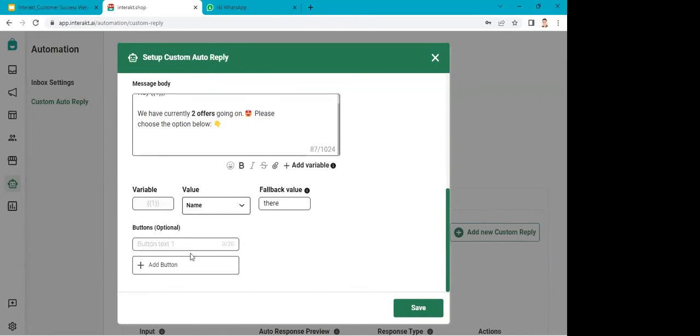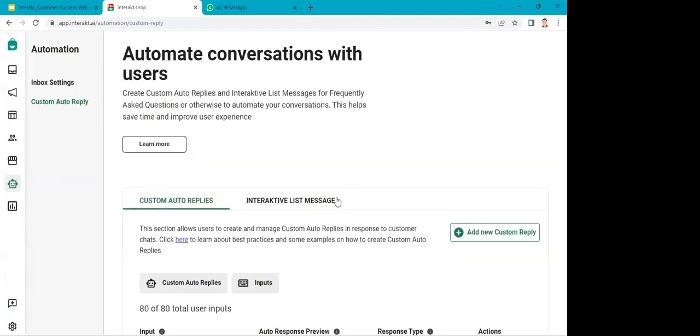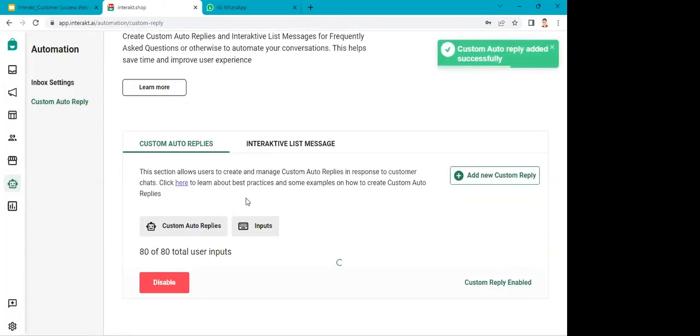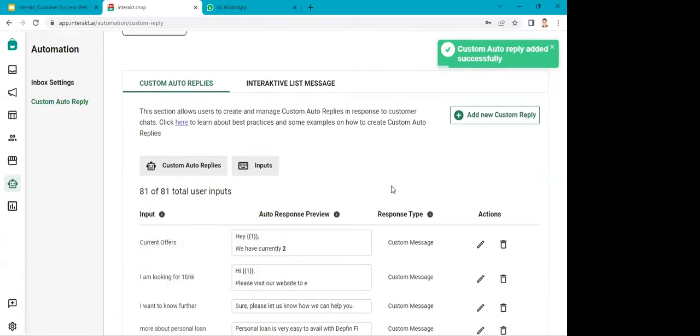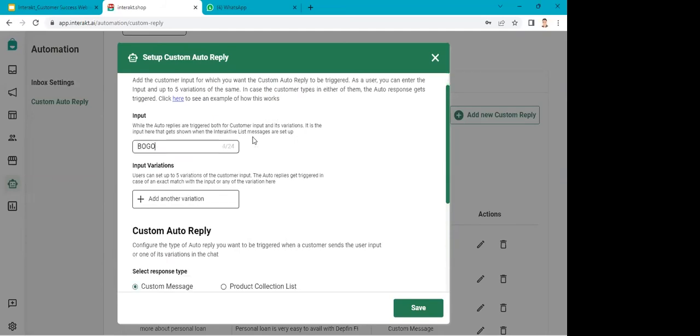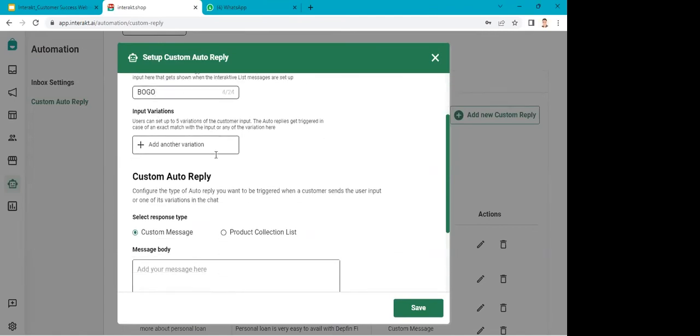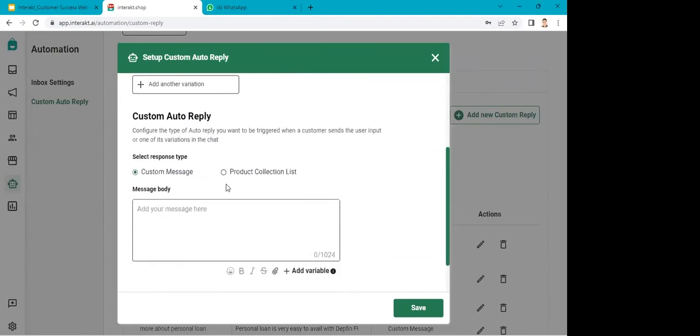So we will add 2 buttons over here. BOGO, 10% off, or let's say 30% off. And save this reply. Okay. But now let's add 2 more replies where the input will be BOGO and 10% off. So let's say I create another custom auto reply where the input is BOGO, because we have added that as a text, as a button in the previous message, right? So all